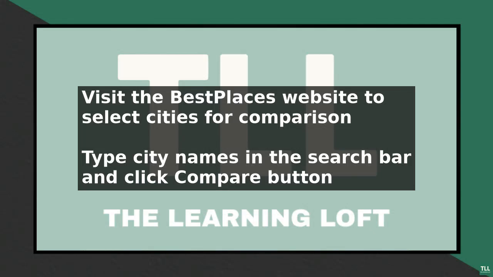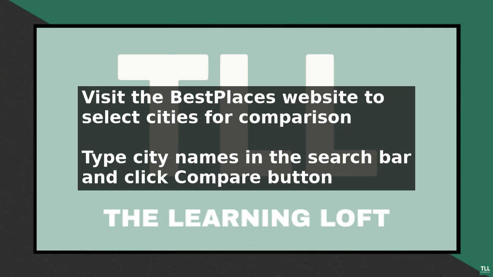To export a Best Places city comparison, start by visiting the Best Places website and selecting the cities you want to compare. You can do this by typing the names of the cities in the search bar and clicking on the Compare button. Once you have selected the cities, you will be taken to a page that displays a side-by-side